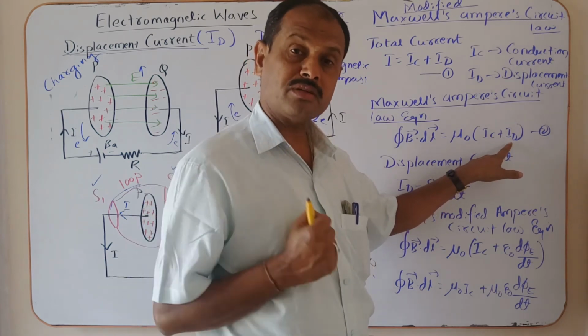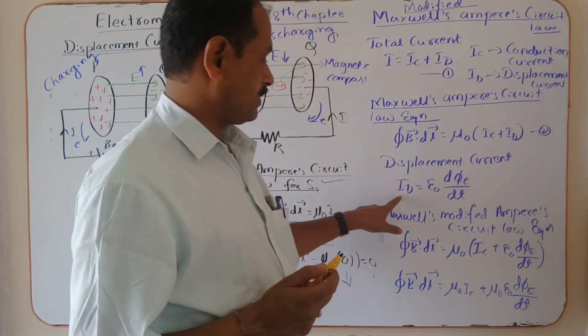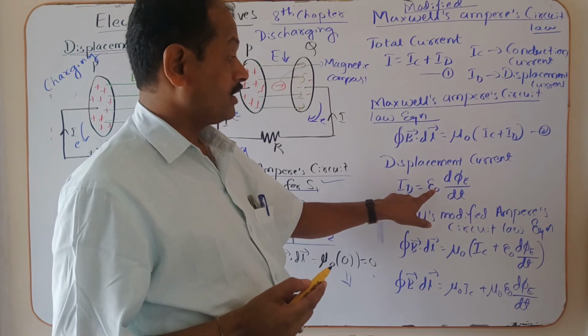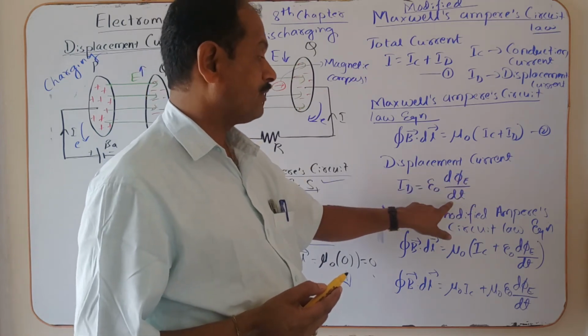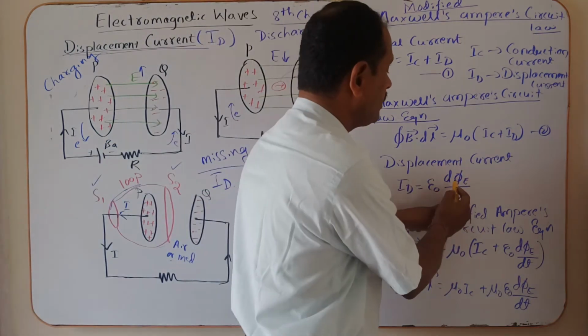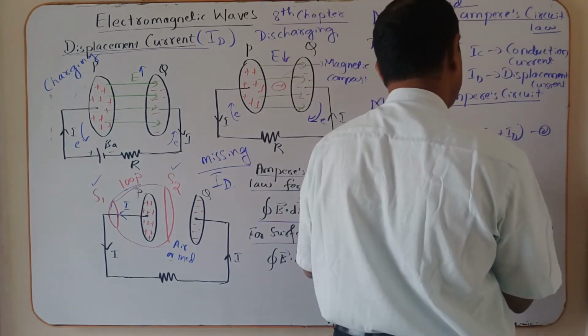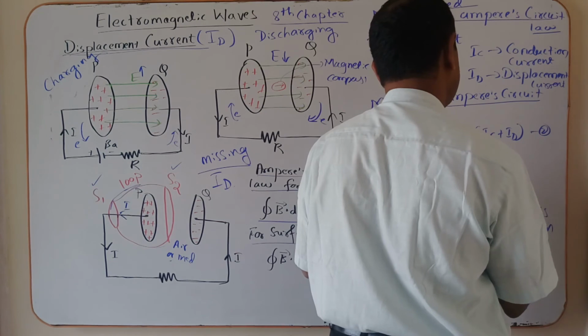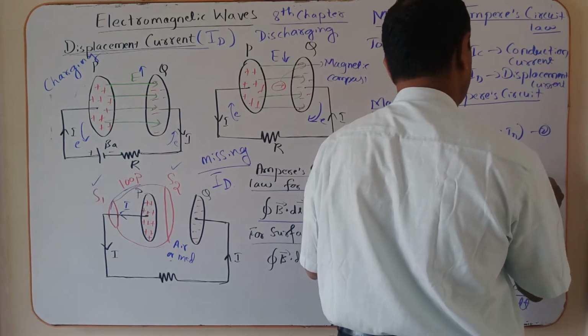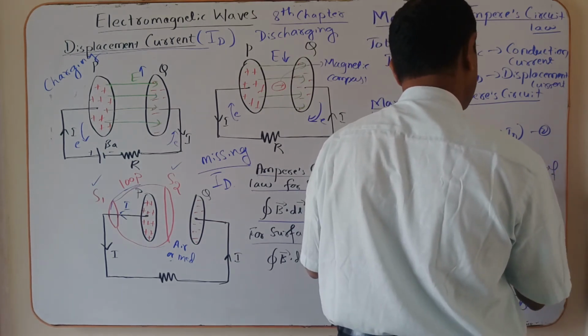What is the expression for the displacement current? The expression for the displacement current is epsilon naught times d phi E divided by dt. d phi E is the change in the electric flux. Now d phi E divided by dt is said to be the rate of change of